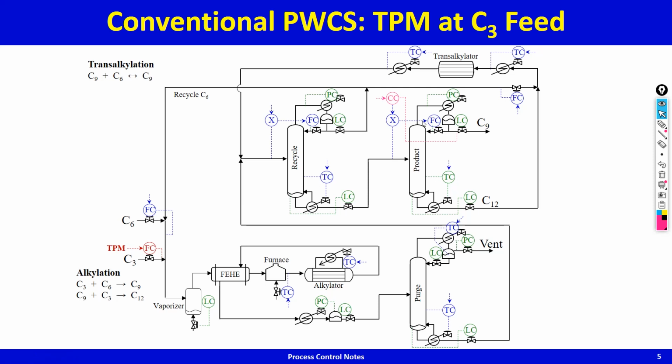Alright, once that is done, what about the C6 leakage in the product stream? Well, that C6 composition in the product stream is going to be held constant by adjusting the recycle column temperature set point. So this is also okay. Then we want, if the C12 goes up, benzene going into the transalkylator section should also go up. Otherwise, equilibrium conversion will go down, and if equilibrium conversion goes down, you will have a large amount of C12 that needs to accumulate to recycle to extinction the C12.